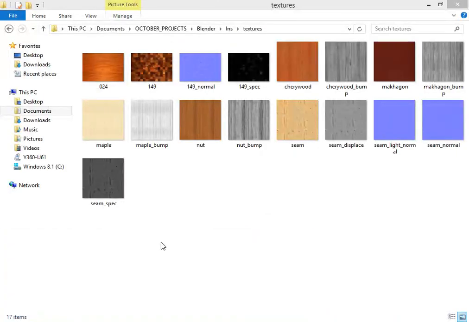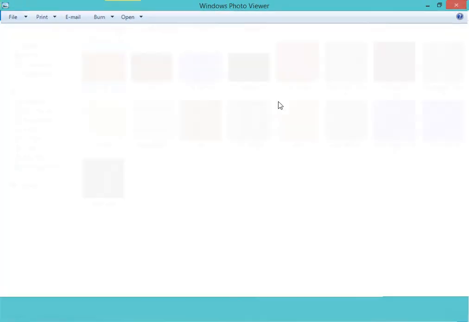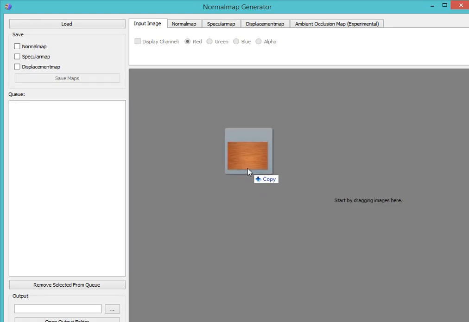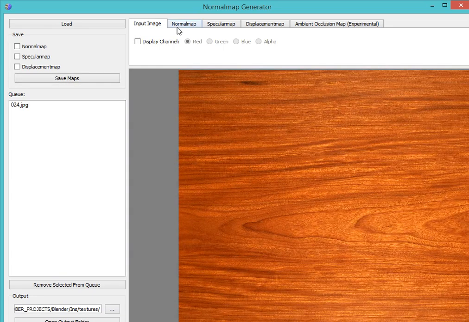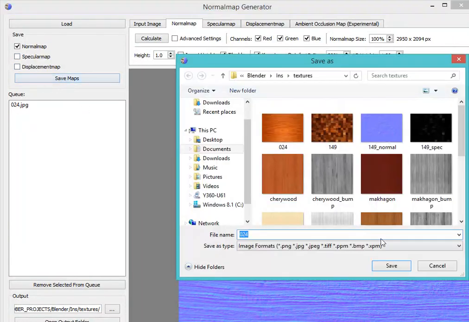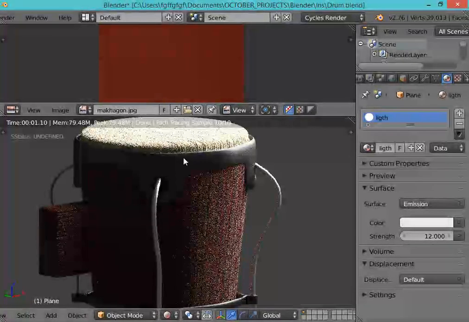So I will try to use this, maybe it works, but before that I will use the normal map generator to calculate the normal map for this one. Let's say save maps, and here